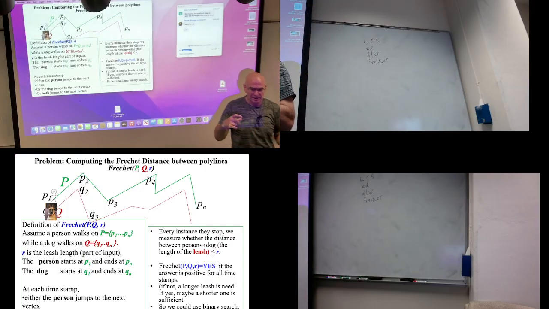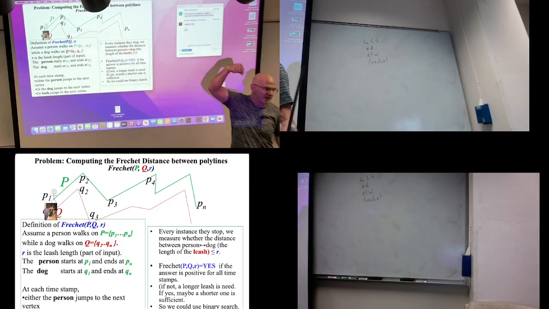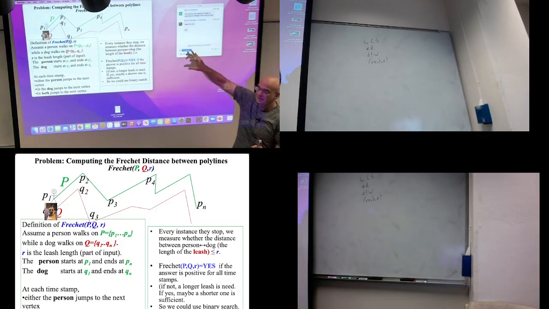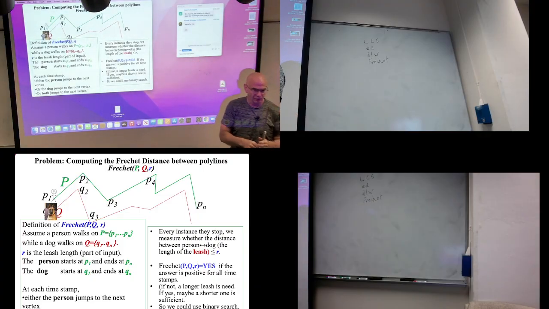Frechet doesn't ask about the overall sum of the length of the leash, it asks what is the maximum. What I want is to find the smallest length of a leash for which I